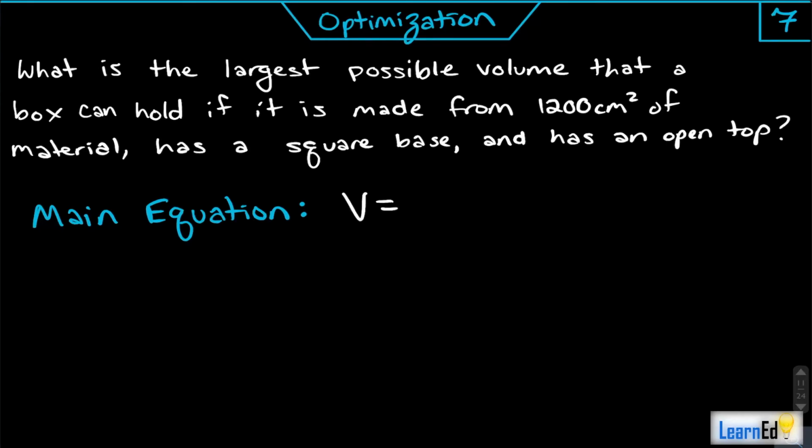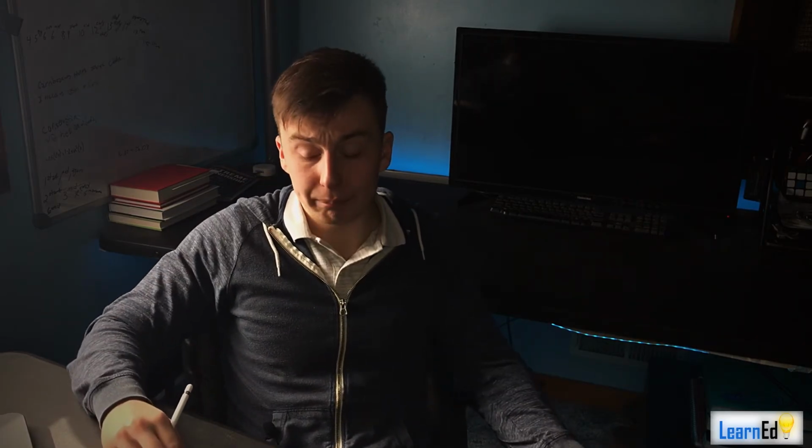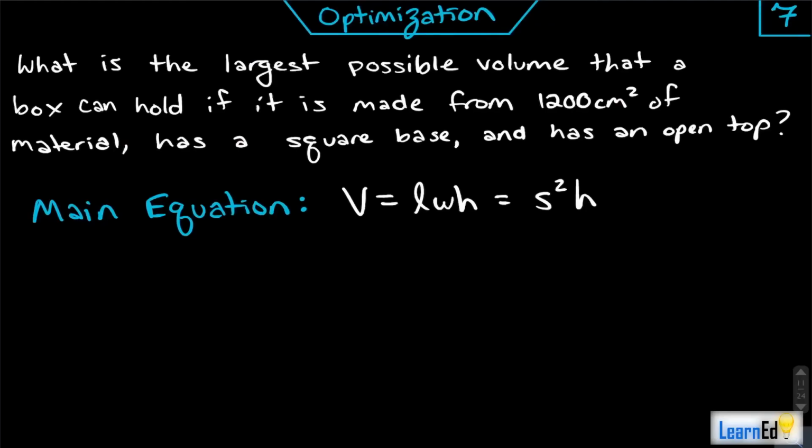But it does have a square base, so instead of saying length times width times height, the length equals the width, if you're talking about just the base. So we can actually say that this is side squared times h. And what that does for us is it eliminates one of our variables, so we only are dealing with 2 separate variables right now, side squared and our height,